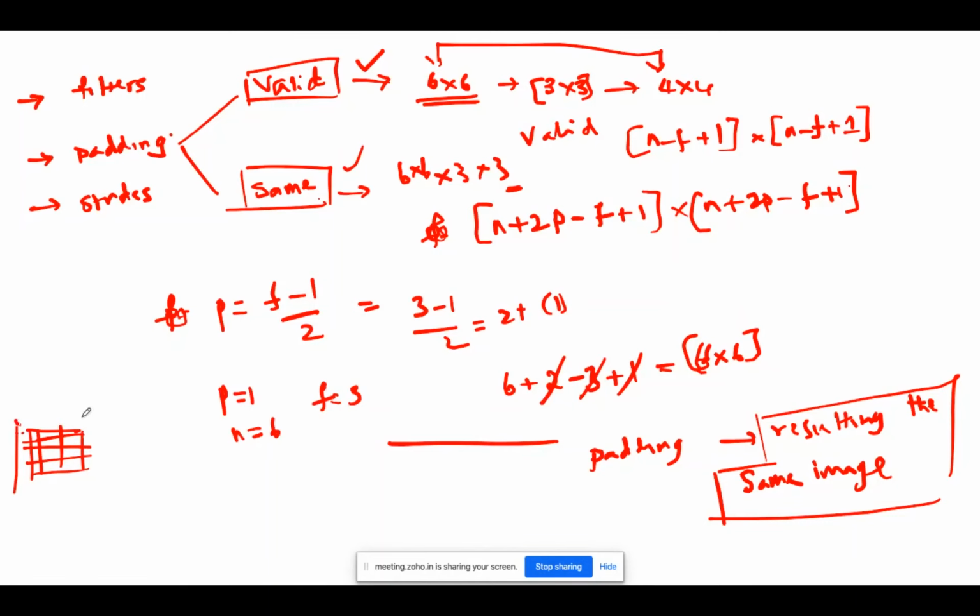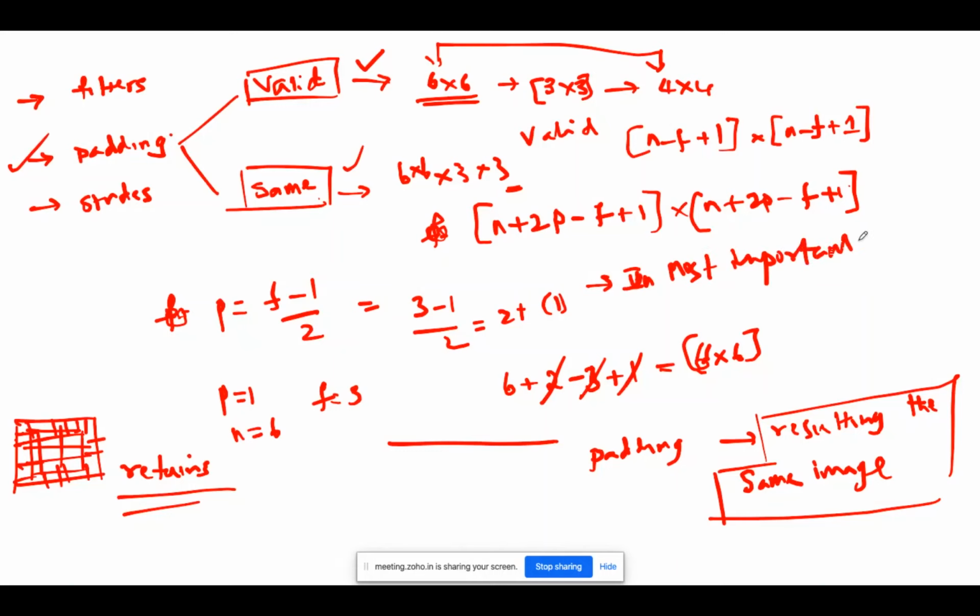I am just adding a 0 padding around it, so that when you do my convolutional operation, my entire image retains the same size. That was the reason we use padding; it's most important. This is the formula for the padding. Is this clear?